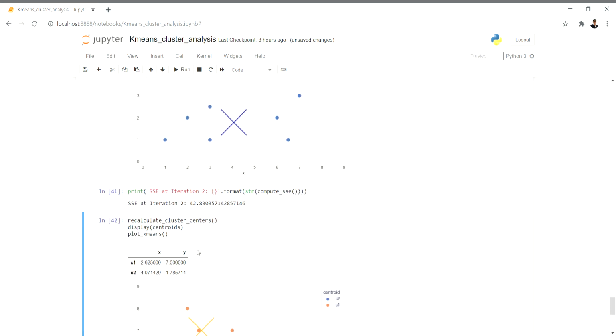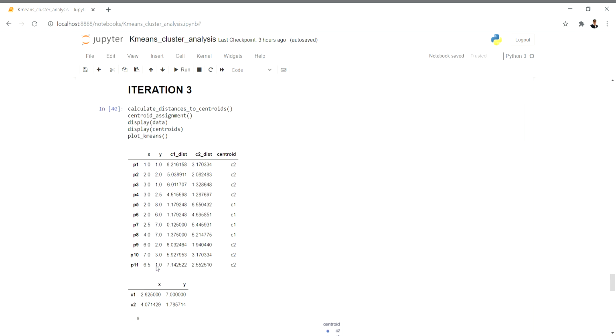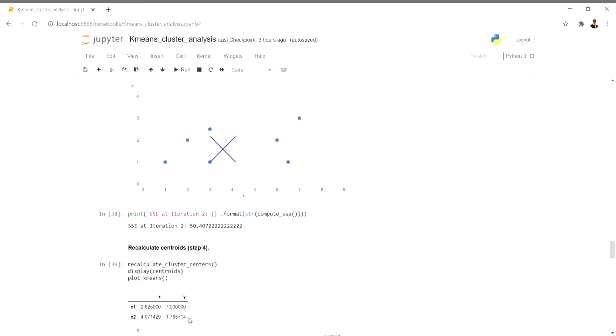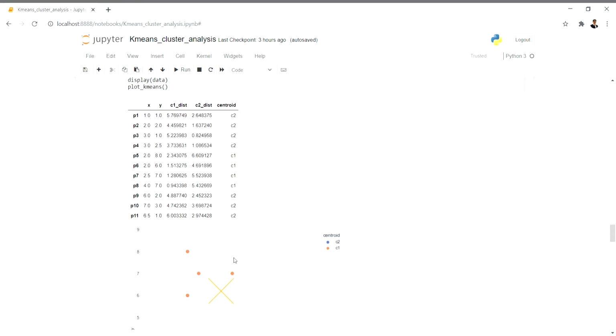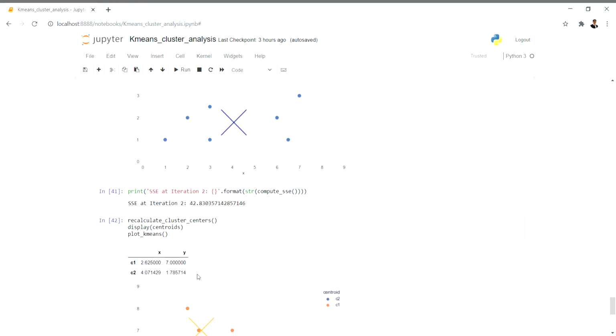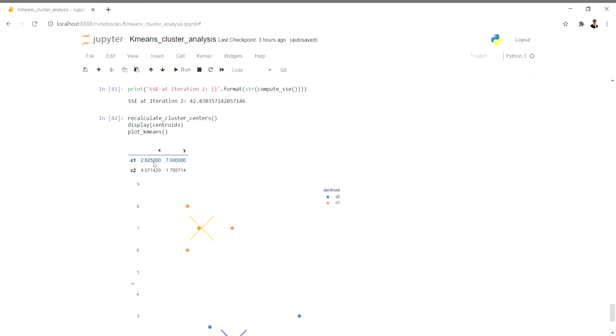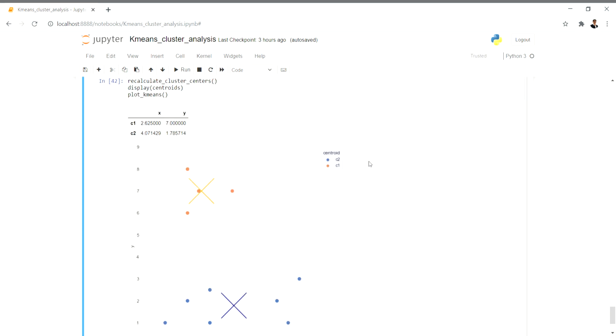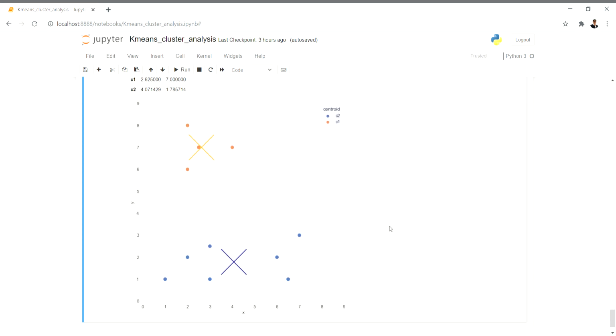We got this data here same and here same, and this was the result of that particular step. Okay, at iteration 2 and iteration 3 we are getting the same centers, so the cluster centers are not changing anymore. So that means this is your final clustering for k-means.